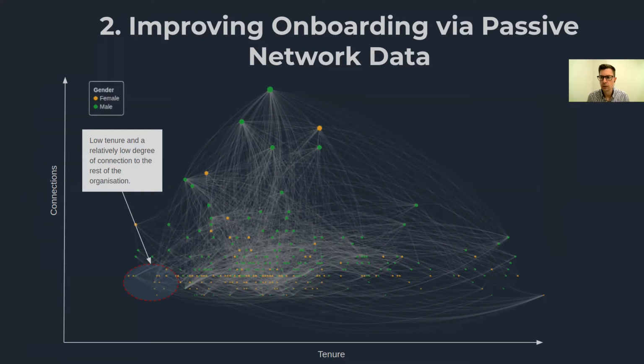And it's possible to slice and dice this by different attributes such as gender and ethnicity as well, because it's not just about attracting diverse talent. A really important question as well is, are there differences in how quickly our diverse talent is being integrated into the network? Because that also goes to retaining the diverse talent and making sure that they are being given the opportunities that you would want them to be given in terms of their exposure to other people, particularly more senior people in the organization.